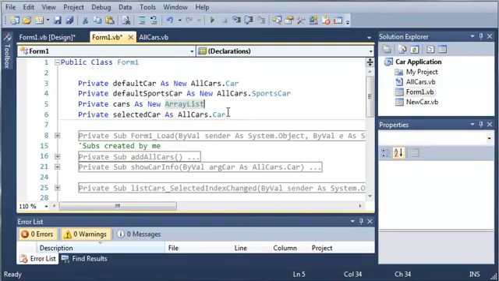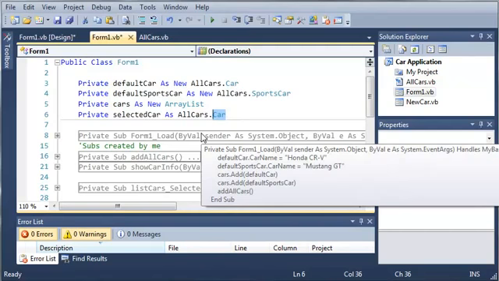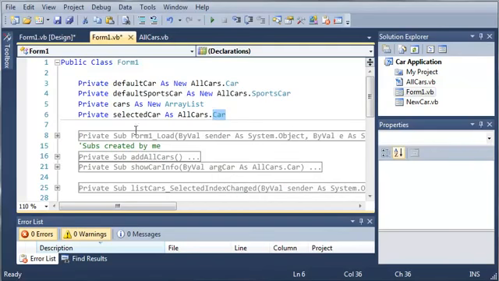Now, you may be wondering, what if this selected car is a truck or a sports car? Well, we can use polymorphism here. If you remember from the previous tutorials, I think it was a couple of tutorials back, any object that inherits from the car class can be treated as a car object, which is the concept of polymorphism. So now that we have our selected car,